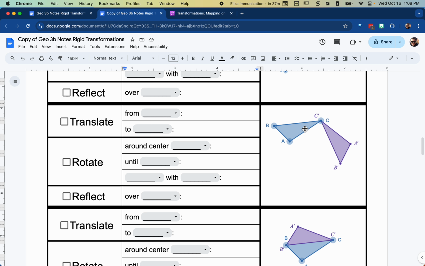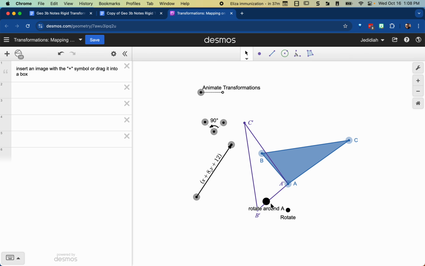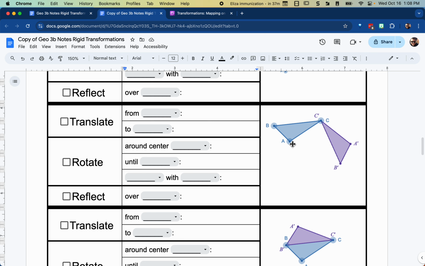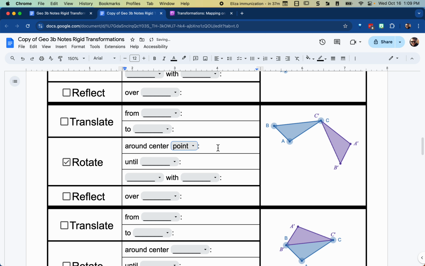So let's look at the next one. This one is not a slide. It looks like either some kind of reflection or rotation. So I'm going to go back and see if I can replicate what's happening there. If I click on this bottom dot here, it will allow me to change some things. I think it's a rotation, and it looks kind of like this picture here. So I'm rotating around C. C does not move. That's kind of like my center of rotation. So I'll check mark rotation around center C, point C,